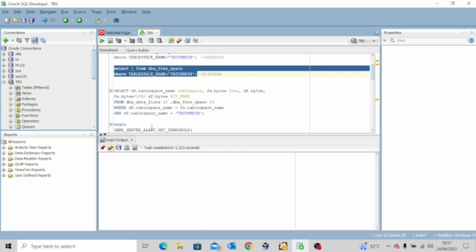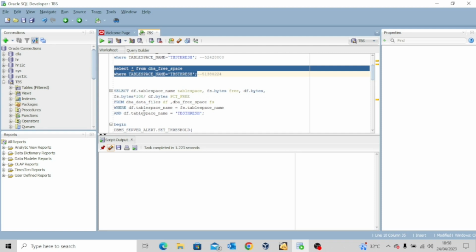It's a very simple query, it's not difficult. Now select df.tablespace_name. The df is just an alias that you can prefix to a table. It's mostly used when you want to select from two or more tables. So we're selecting the bytes free, the bytes, and then the percentage free as well from both tables